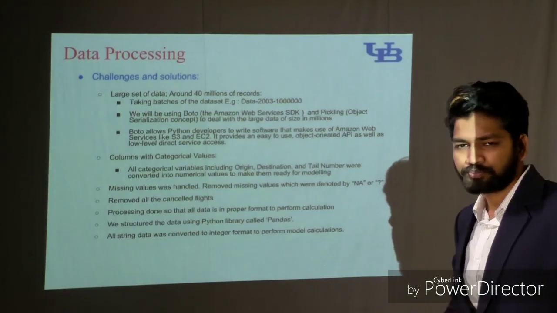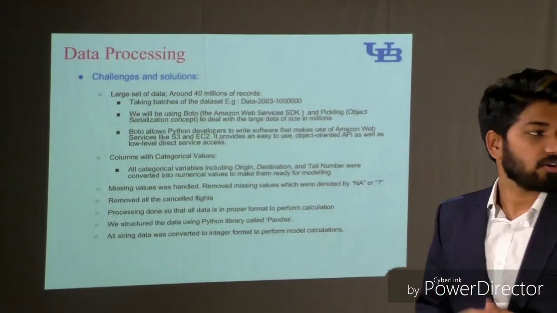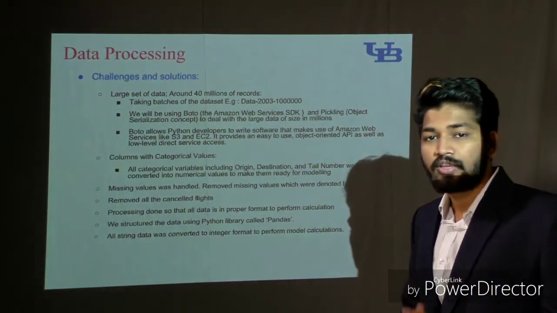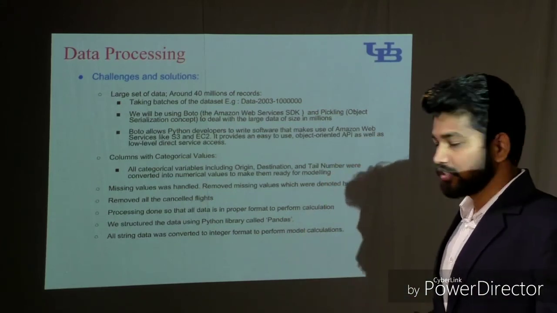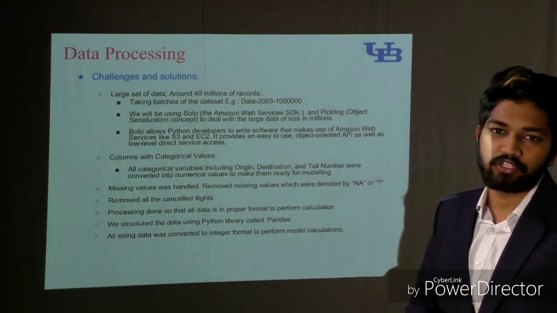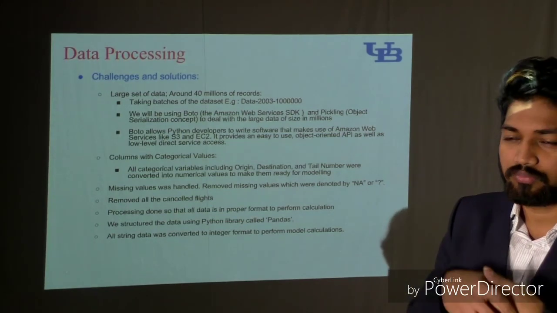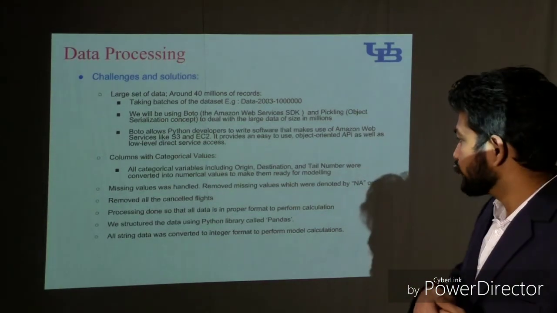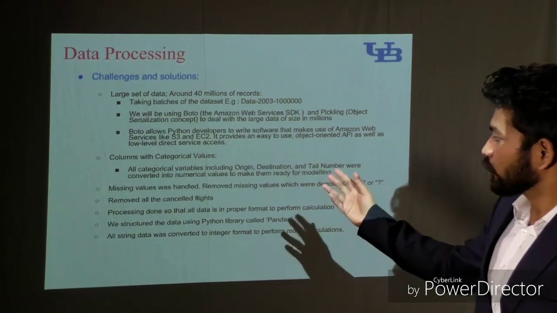The second major challenge we faced was that many of the columns had categorical values. They did not have the actual numerical values which are required for machine learning models. So to deal with this, we had to use the concept of label encoding, which converts the categorical values into actual numerical values, might be int and float. So after converting that into actual int values, we can use them for modeling our data set.